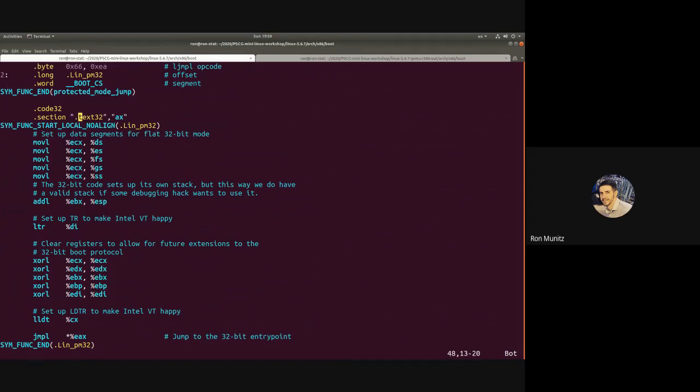Now the question is, all right, great. So who calls this? in_PM32, in protected mode 32. So these are local labels, okay? So we can see that